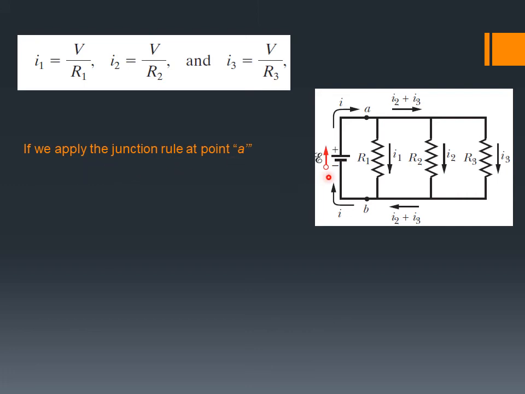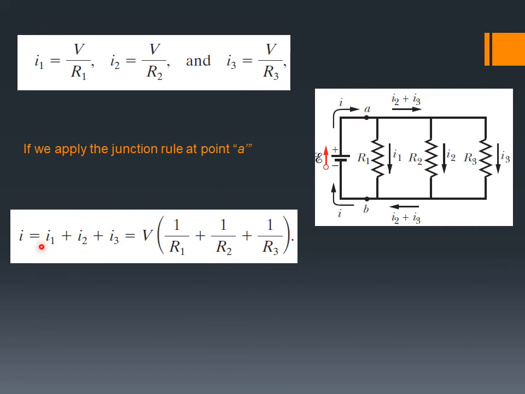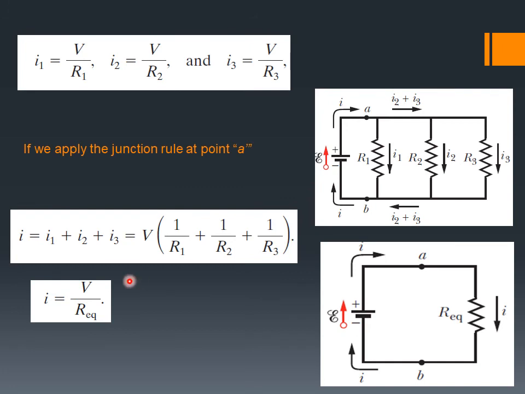If we apply the junction rule at point A, after which the currents split, then we can say that the total current I is equal to I1 plus I2 plus I3. If you put the value of current I1 from here, of current I2 from here and of current I3 from here, this becomes V over R1 plus V over R2 plus V over R3, and we just take V, the potential difference, common. So we can write,